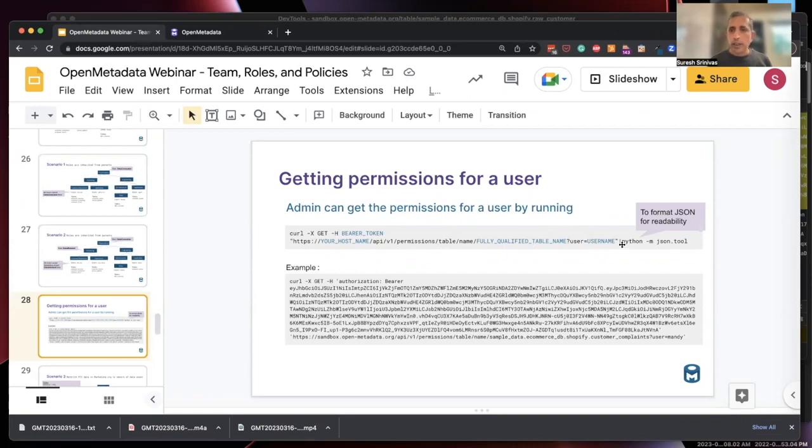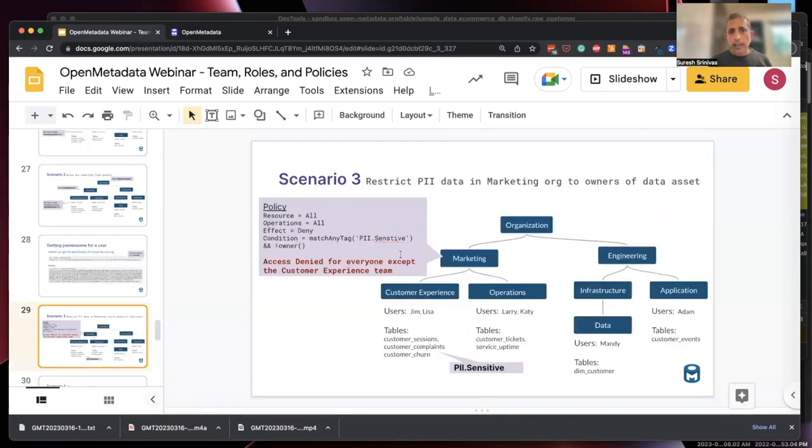And then, finally, what we are doing is just making the JSON formatted for readability. So we will use this command to demonstrate what permissions users are getting based on what policies and roles. So in scenario 3, this is a frequently asked scenario in our